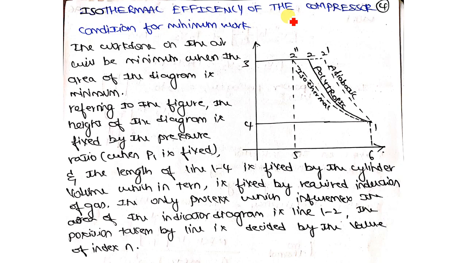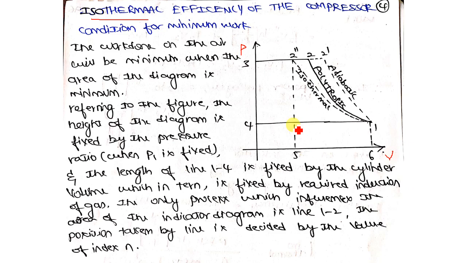In this video we will see what the isothermal efficiency of an air compressor is, and what the volumetric efficiency of an air compressor is, and even try to derive the equations for those. It is very important to analyze why the isothermal process is so important for an air compressor. So look at this PV diagram which I have been studying for the last 3-4 videos.